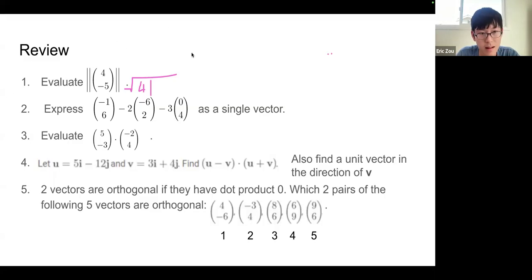Let me just go over it. So for this one, you just look at them one by one. So let's say we do this one first. Do the multiplication steps first. So this is negative 1, 6